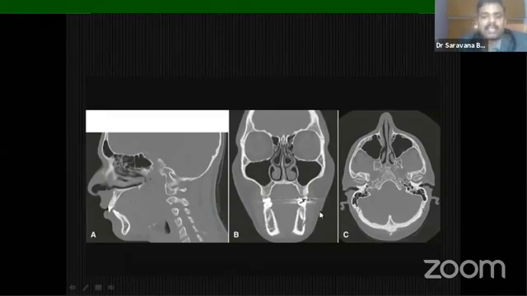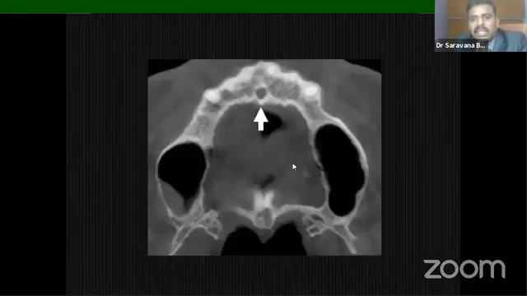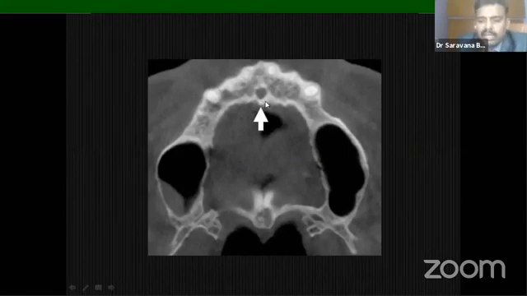Same thing like sagittal slice as well as coronal slice. So again, these are the axial, coronal, and sagittal slices. You can identify which slice it is. Axial slice of maxilla or mandible. Yes, it is maxilla. Maxilla, which level? That is sinus level. I have pointed out one anatomical landmark at the maxillary sinus level. Here, it is the incisive canal or incisive foramen.